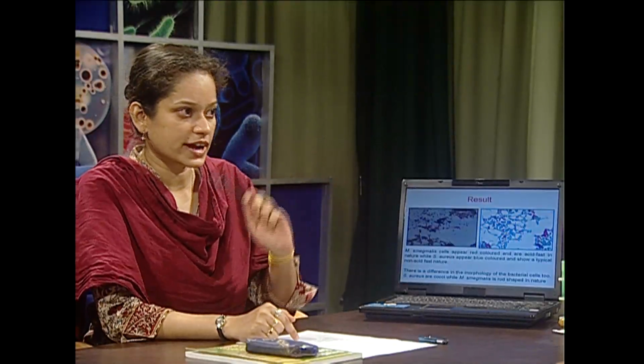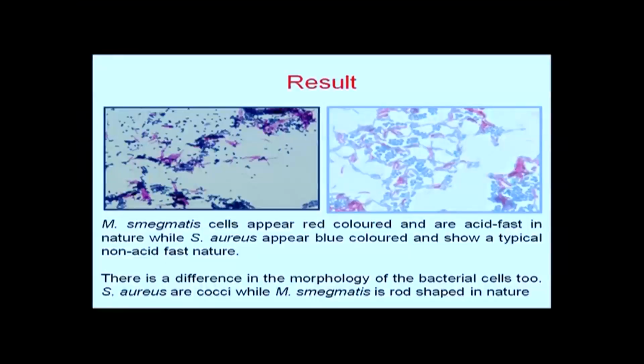However, the organisms which are lacking mycolic acids in their cell wall will be easily decolorized by acid methanol, and they will take up the counterstain methylene blue and appear blue in color. In this diagram, we can see that there are two different organisms. One is blue colored, another is red colored. So, the red colored is Mycobacterium smegmatis. Why? Because it has retained the primary color, while the blue color is that of Staphylococcus aureus, because it is